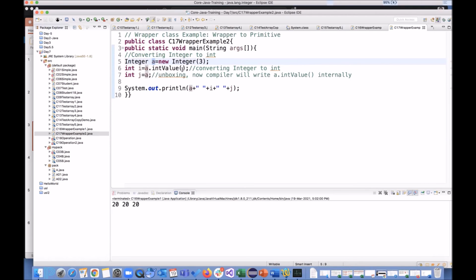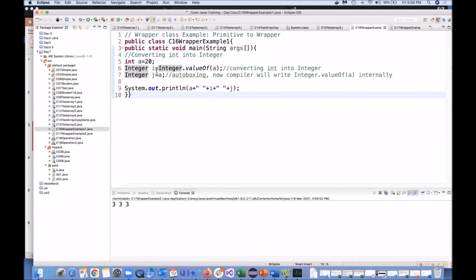So a.intValue() is converting Integer into int. But if I just do int j equal to a, automatically internally your compiler will be writing this function, and this is known as unboxing. Fine. If I'm going to run it, still I will be getting output as 333. So it's just a concept, autoboxing, unboxing, all possible in Java. So either you will do or your compiler will do. Okay, let's come to the next one.